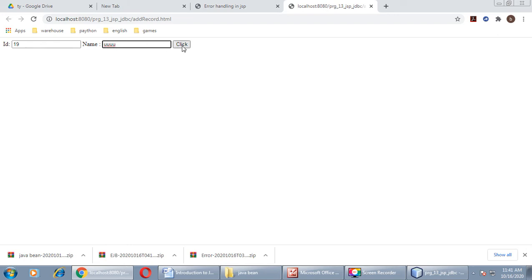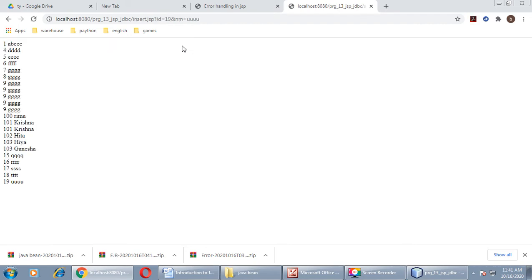Then click on this button. This will move us to insert.jsp. As you can see, the record is inserted as well as shown on the browser. Look at the last record, 19.